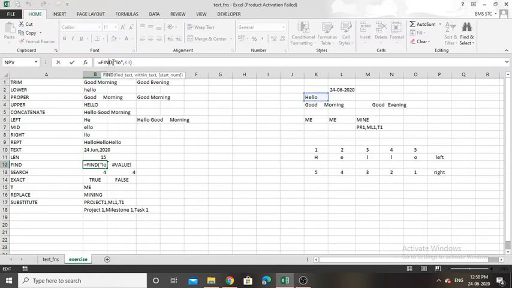So FIND has arguments like this: find_text, comma, within_text, comma, start_num, where start_num is an optional one, which you do not mandatorily have to put. Okay, so here I passed to find out the starting index of the letters LO.